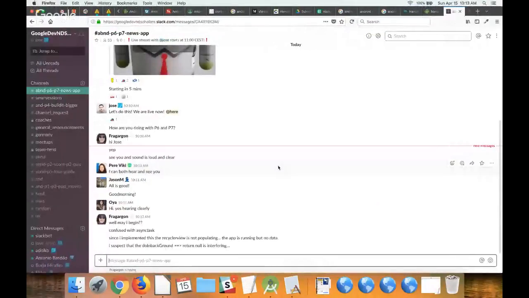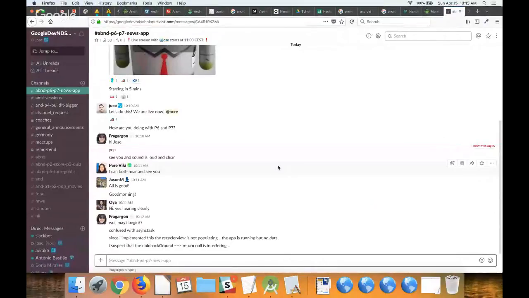Okay, so Farron seems to have a problem with the implementation. The RecyclerView is not populating. He's still typing, so I think I'm going to share my screen so you can see what I see on Slack.